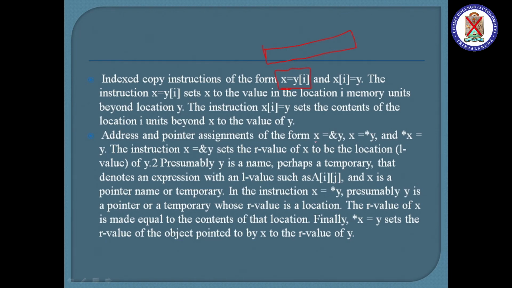That is very simple, as you have studied in the C language. X equals the memory address of Y, so X is pointing to Y's address, and X equals star Y, where X is getting the value of Y. Okay, R value means the pointer value of I it will be getting. If it is an array, it will move to the first pointer of the array, and then we can increment as such.